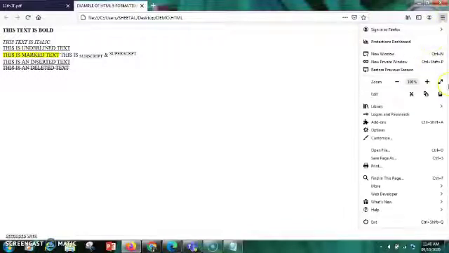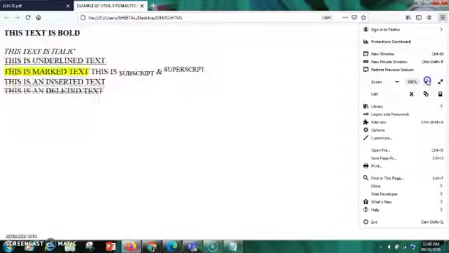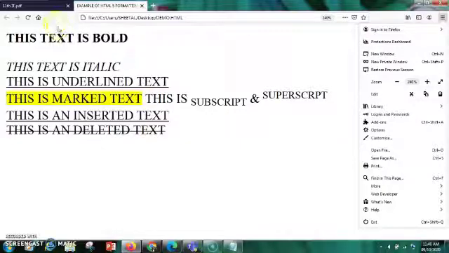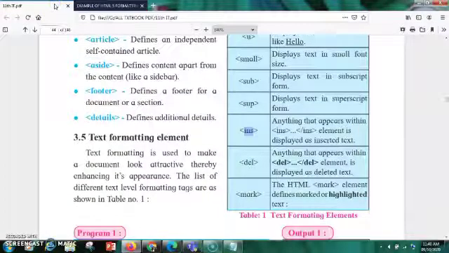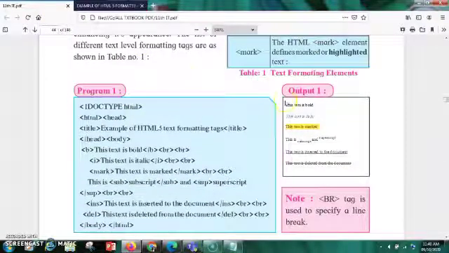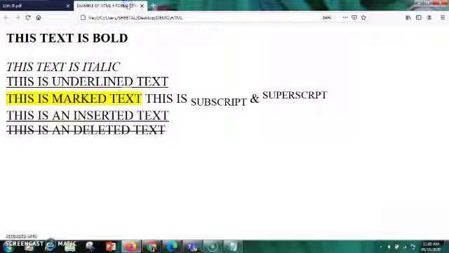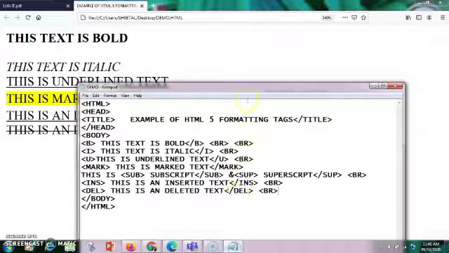This is how the output is displayed. The same output you can see in your textbook, very similar. Here is the output. The same program we have executed in this video, and this is the code of it.